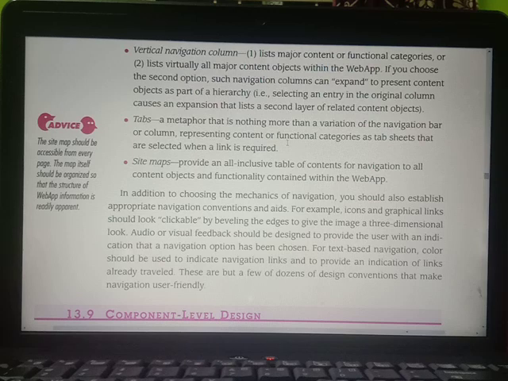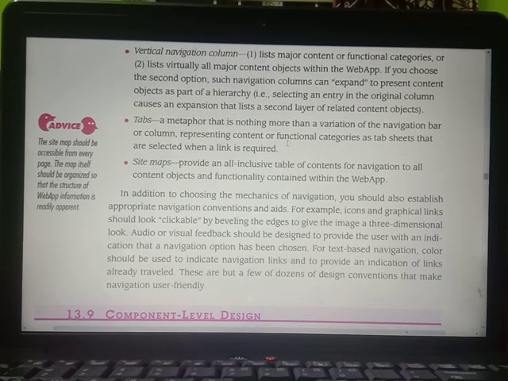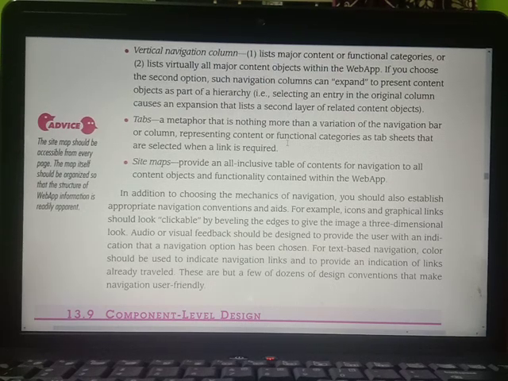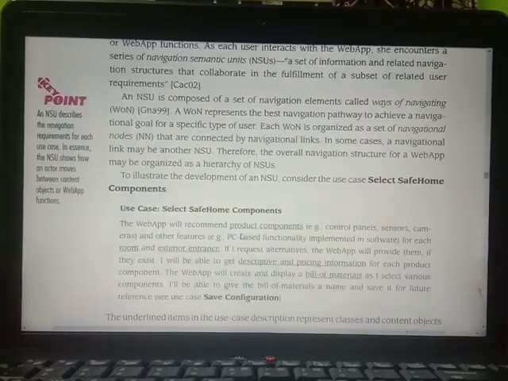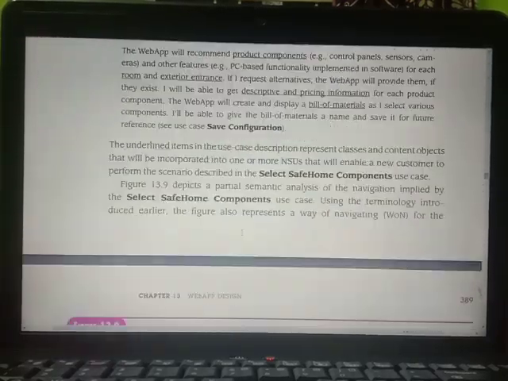A metaphor that is nothing more than a variation of a navigation bar or column, representing content or functional categories as tab sheets that are selected when a link is required. Next one is sitemaps, which provide an all-inclusive table of contents for navigation to all content objects and functionality contained within the web app. So in this way we are going to define the different types of designs, that is nothing but your navigation design.